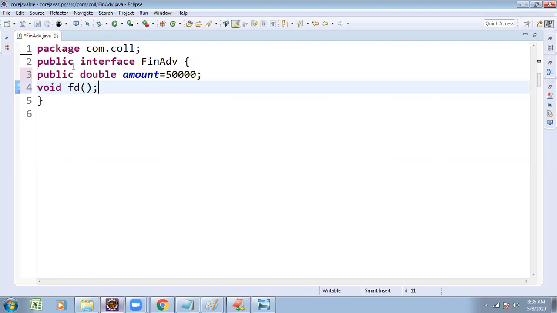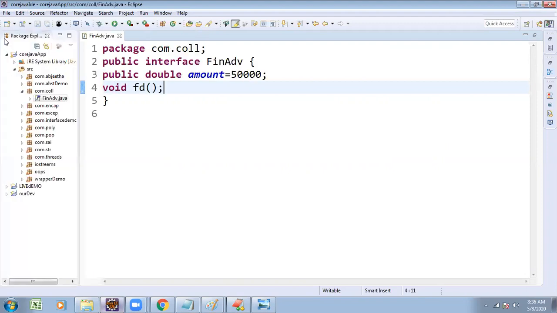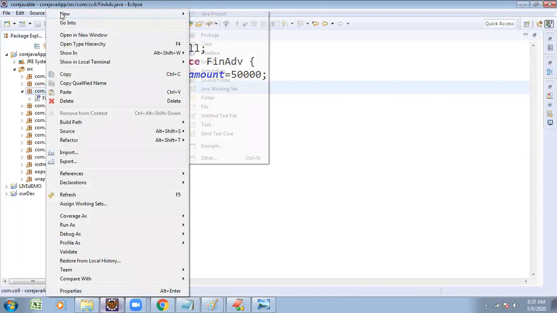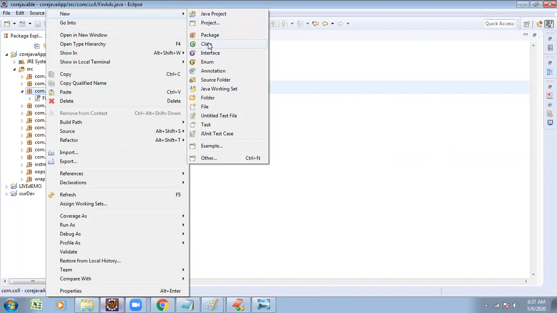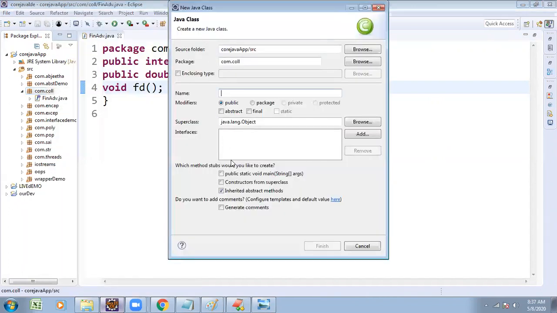After that, I want to write one implementation class. After creating the interface, you must write one or more implementation classes. You want to take the class name.